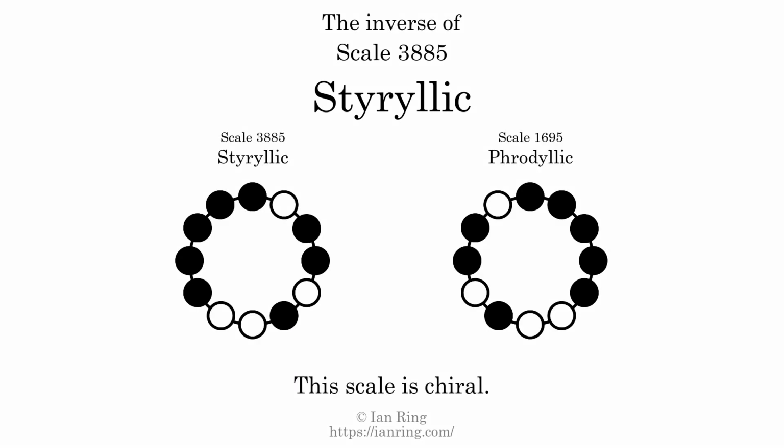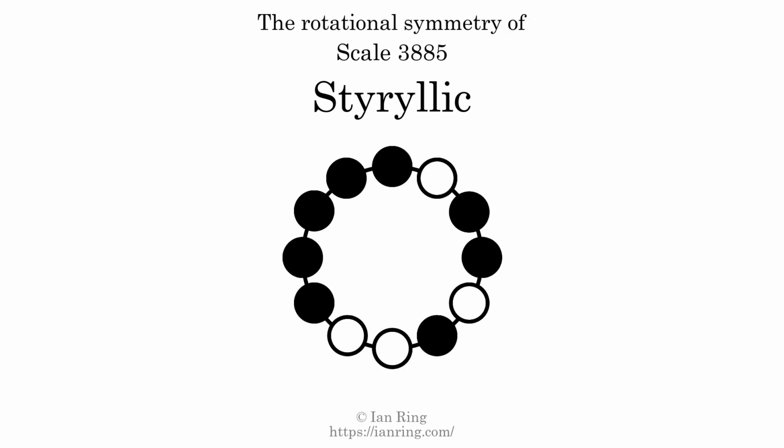The inverse of a scale is a mirror image. It is what you get when the sequence of intervals is reversed. The inverse of this scale is scale 1695, also known as Styryllic. This scale is chiral. It cannot transform into its inverse by rotational transformation. This scale has no rotational symmetry. For even more detail about this scale, visit